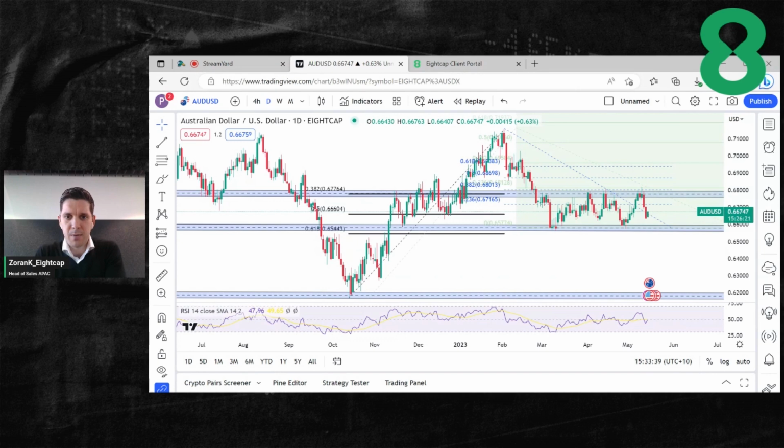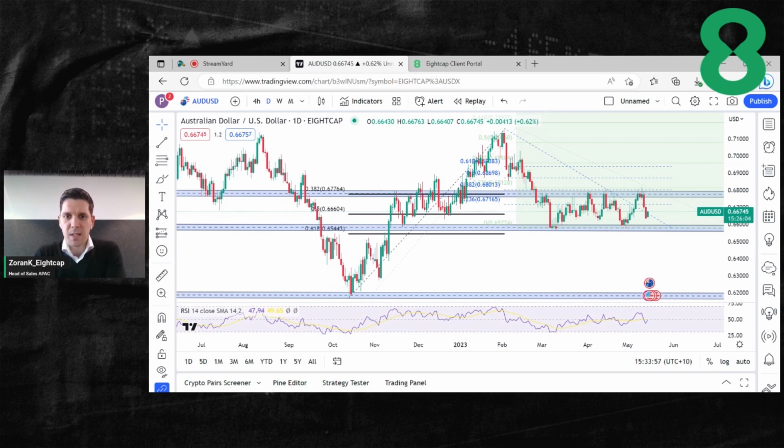This week is pretty light in terms of the economic calendar. There are actually a couple of decent events coming through tomorrow and Wednesday night as well. But what I would like to focus on this week is locally here, Aussie dollar versus USD dollar, as you can actually see on the chart.